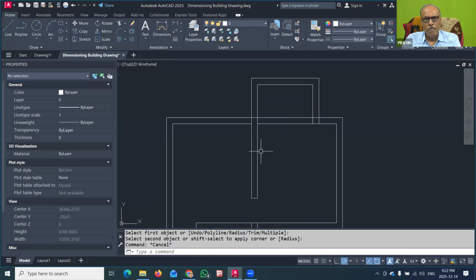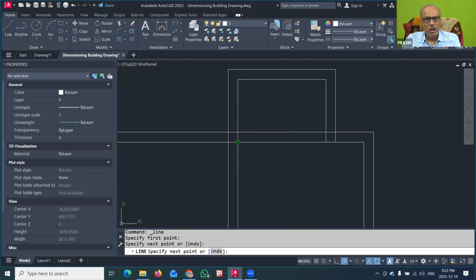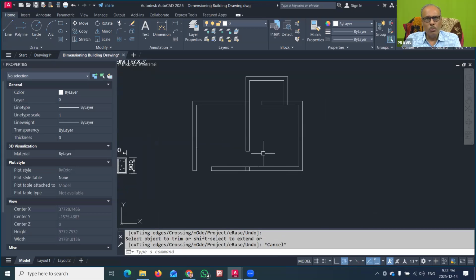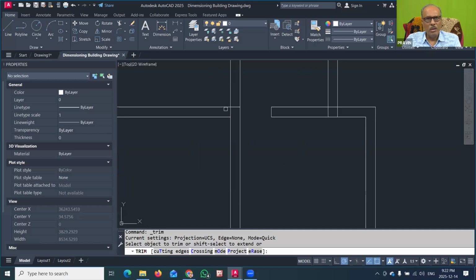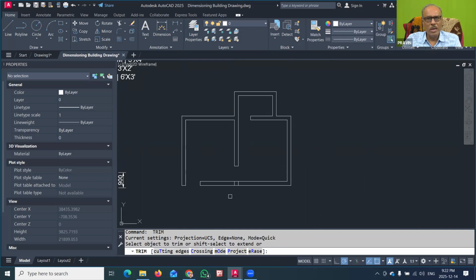Now here I have to show the entry for this toilet. So again, I have to offset this line by 900 or 750. Now the door is 750, so offset distance 750, enter. Now this line I have offset, and then we will trim these lines. So now, dear friends, I have just created one simple 2-room plan. This is the toilet, and I have to show the doors and windows now. In such case, I will do a little work here to clear these extra inside lines. The purpose is that now we have to show the door and window symbols. So how can this be done quickly?